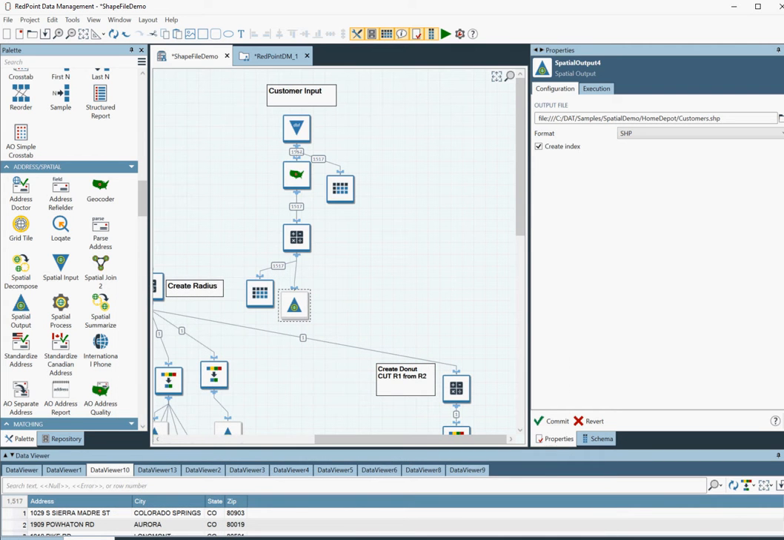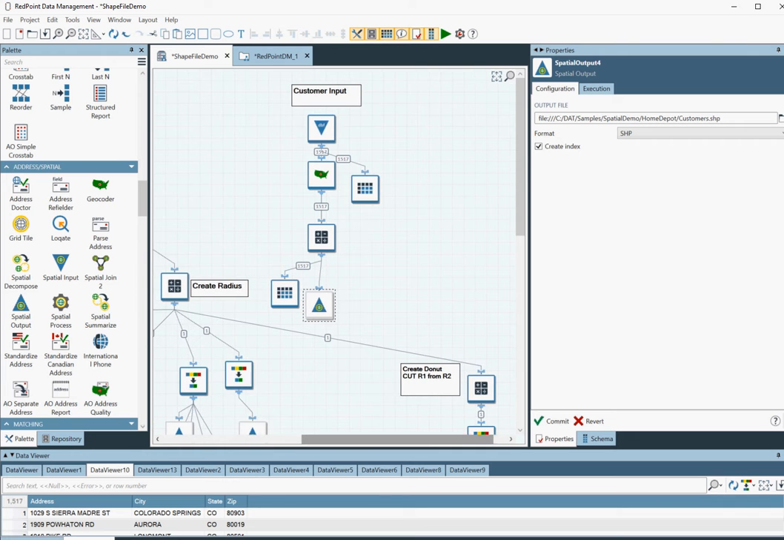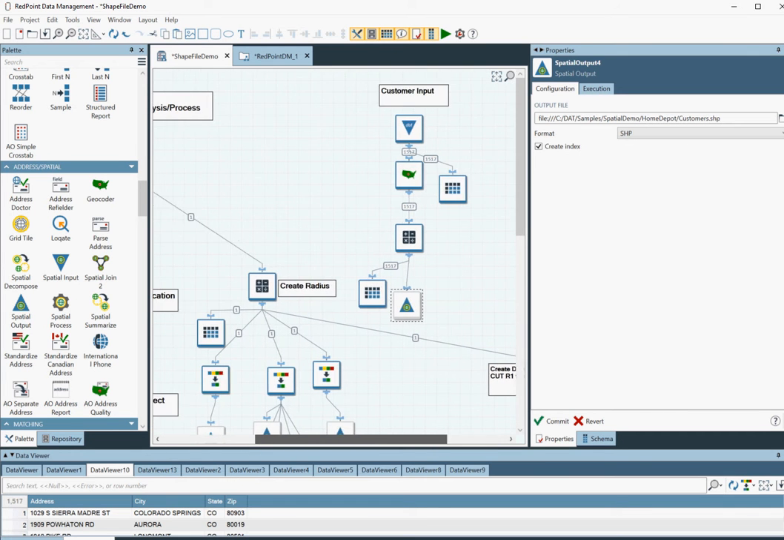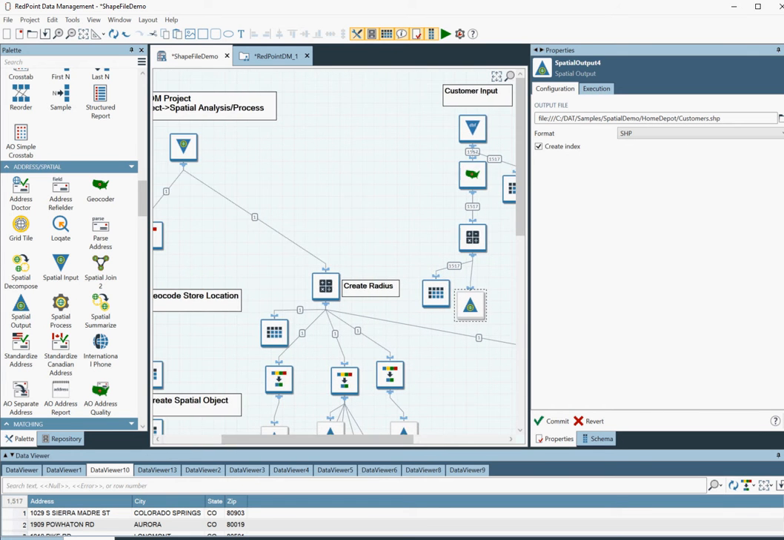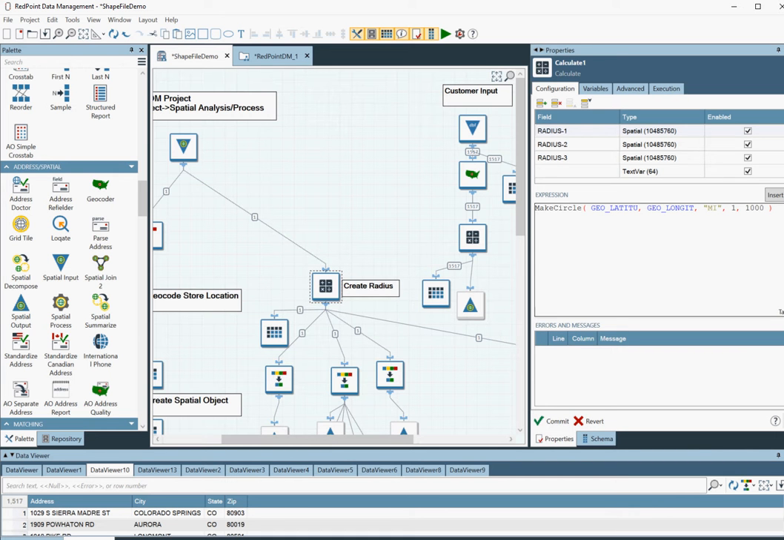We'll take this a little bit more spatially here and start building spatial objects. What I'm going to do is say I have coming in my latitude and longitude, which we got over here from our store location. And what I want to do is create a 1 mile and a 2 mile radius around that latitude and longitude. So the way that I'm doing that, you look at insert